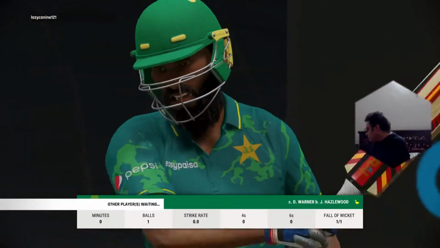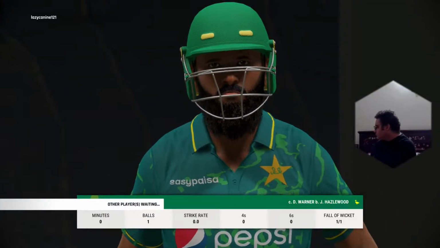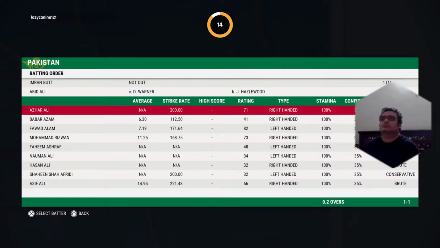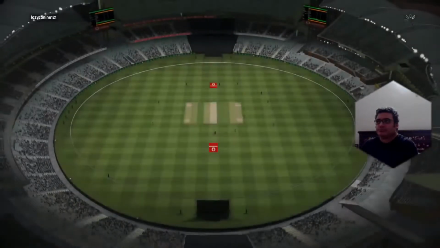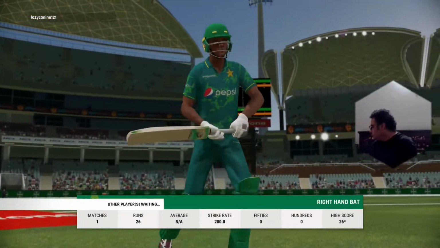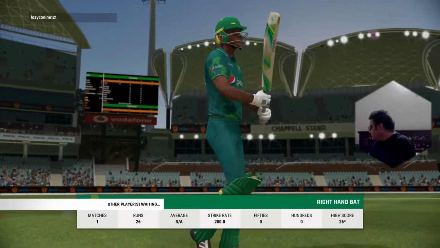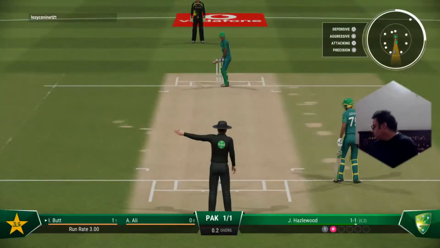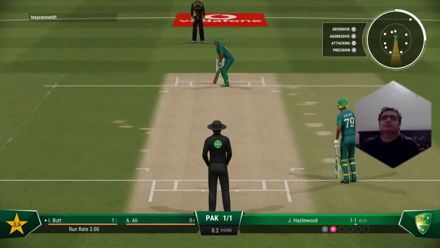It's the wicket they so desperately wanted. They've removed a real threat before they could get going. With the fall of that wicket, we have a new batter at the crease. Ali will be looking to make a strong start to their innings.